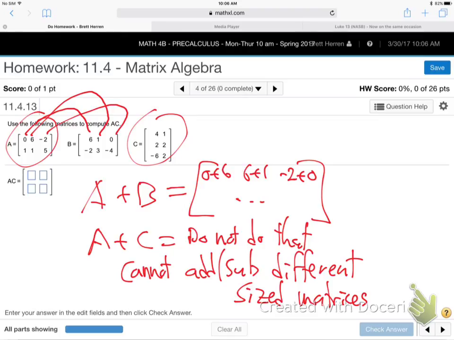It never had a real life use of any kind. So they didn't make anything up. They just said don't do that. Why would you ever want to add different sized matrices? That's silly. So they skipped that. Well, now we want to go on to how do you